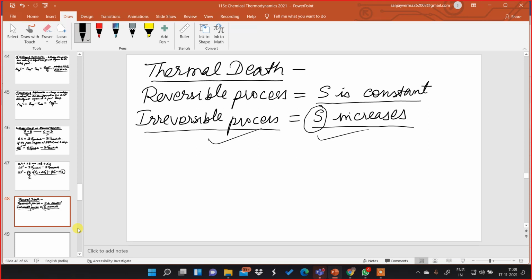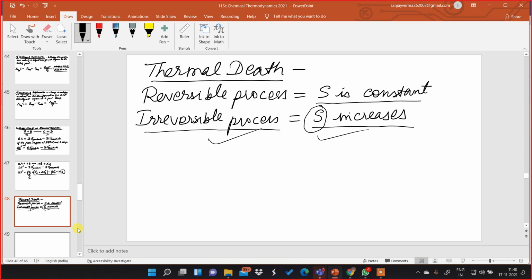Slowly and steadily, all the available energy which is there for doing useful work will get exhausted, and then everything becomes standstill. That is called thermal death. Okay. Now after this, there are some numericals, very simple numericals based on the formula, direct application of the